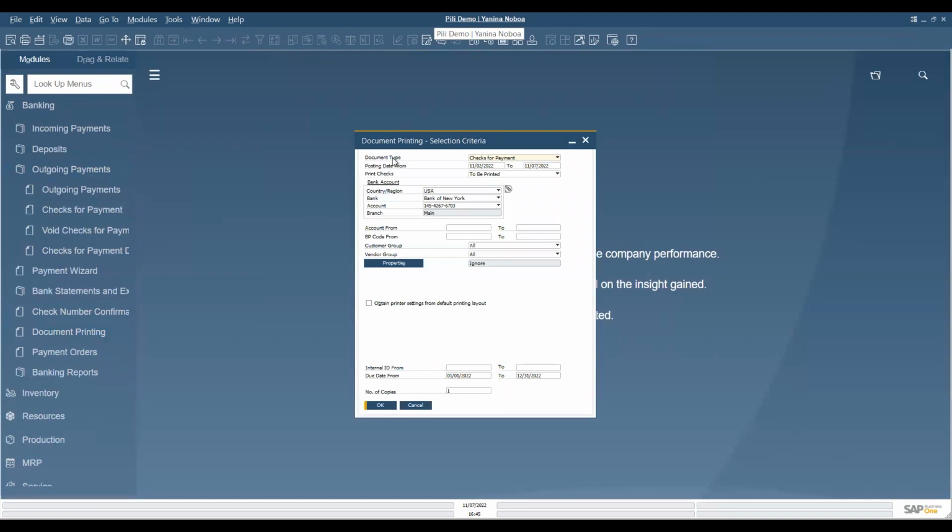Here, you have to make sure in the document type field, checks for payment is selected. And you can actually review other parameters. For example, posting date, you can select from 1102 in this case to 1107. And the print checks field also has to be selected, and it has to be the to be printed selection there. And you have to make sure you have bank account, in this case, Bank of New York, account number,